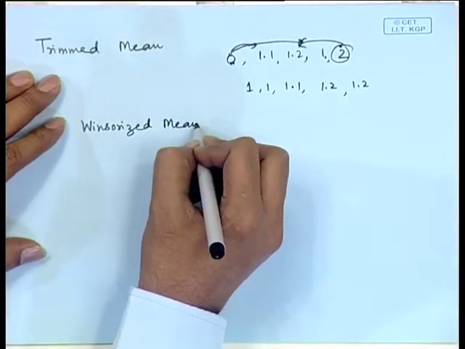So, the trimmed mean and the Winsorized mean neutralize the effect of the extreme values, and many times in practice they are used, especially when we are judging people based on averages. Because when several judges are evaluating a person, there may be some bias in the form of certain prejudices, and to discard that we avoid using the extreme values. Either we can totally discard them or we normalize them.